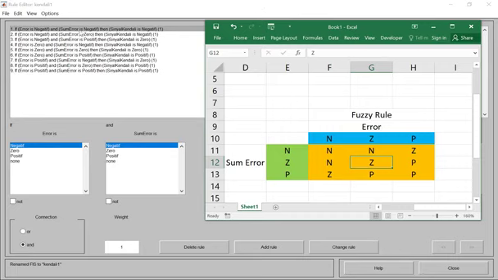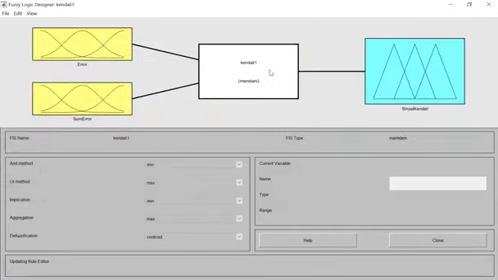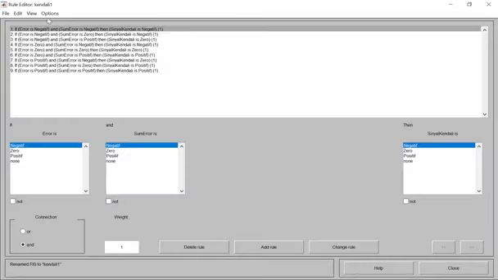So you need to input these rules into the rule editor of the fuzzy logic controller here. And then if the sum error is positive and the error is positive, the output is positive. So you need to make all of the rules and add them in the rule editor here.